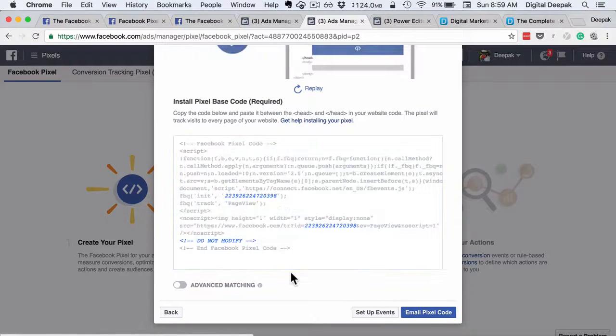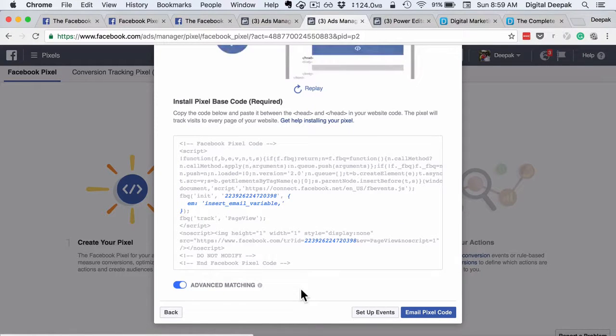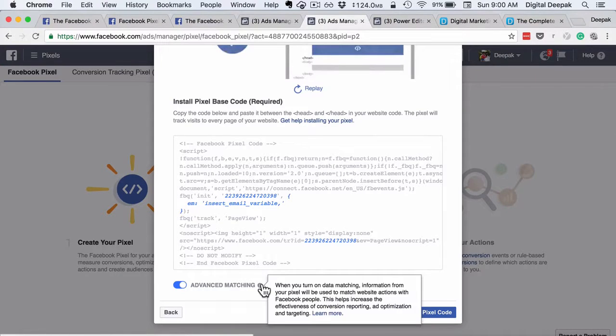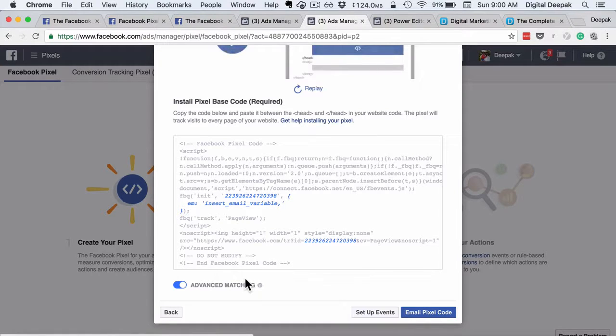So there is an option called advanced matching. I recommend that you switch it on. Sometimes your tracking is not 100% accurate because of browser issues. So here what advanced matching says is that information from your pixel will be used to match website actions with Facebook people. This helps increase the effectiveness of conversion reporting, ad optimization, and targeting. So this is a useful feature, so you can turn it on,